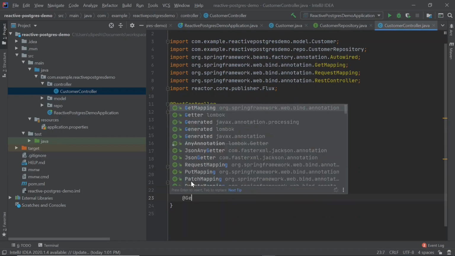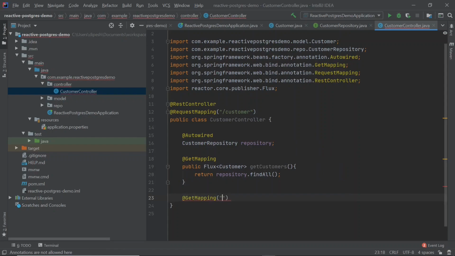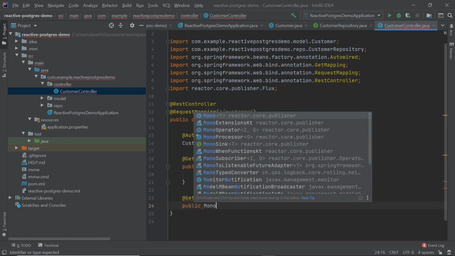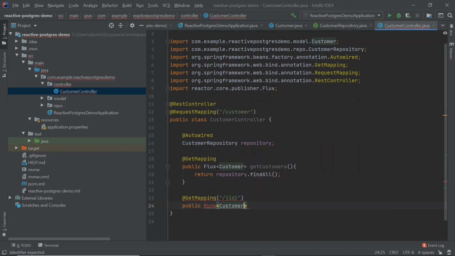Now let's implement the next get method, which is returning a single record. For this we are going to use a path variable, so I will specify the path variable as ID. As I said, we are going to use Mono when we are returning 0 or 1 record. Let me import the Mono.